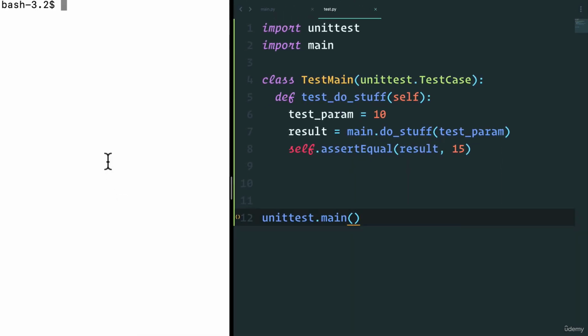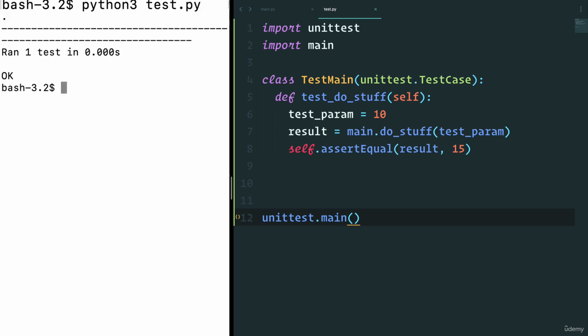Now, if I run this now, all I have to do is say python3 in my command line and say test.py. And I get, okay, ran one test in, super fast, in 0 seconds. That was nice and quick. Now, let's say I do something else where I assertEqual that this equals 10. If I run this,